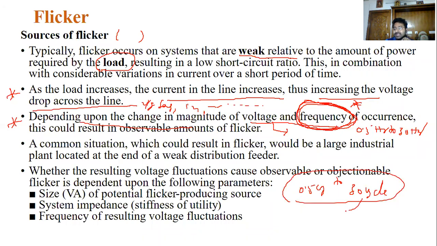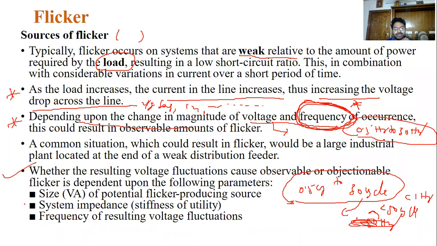Remember that we can treat it as cycles. Less than 30 cycles is less than 50 hertz. Less than 50 cycles is nothing but less than 1 hertz. Remember, voltage sags and swells will be present in the less than 1 hertz range. But here the frequency you can assume is the 0.5 to 30 hertz range. So this frequency is also a main important point while calculating this flicker. So that is one comment.